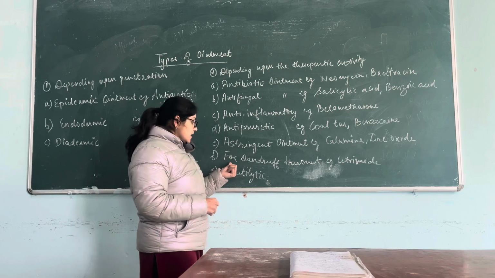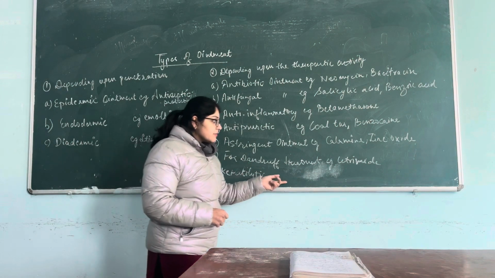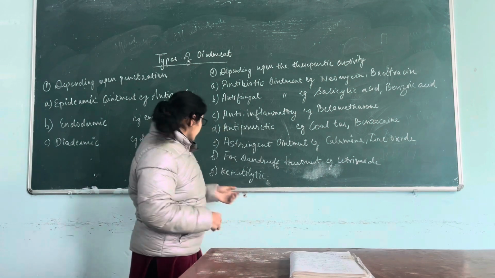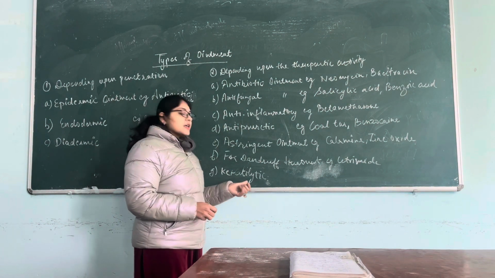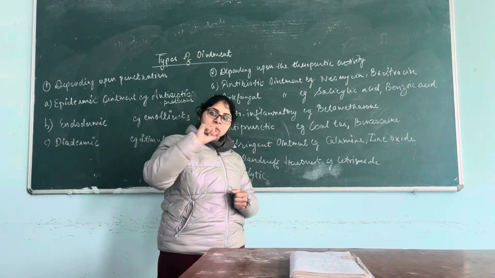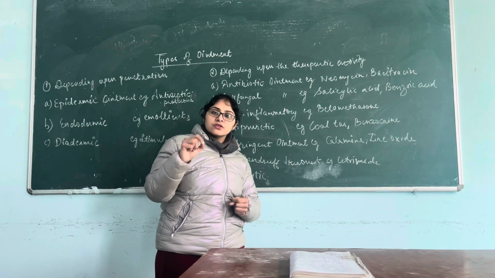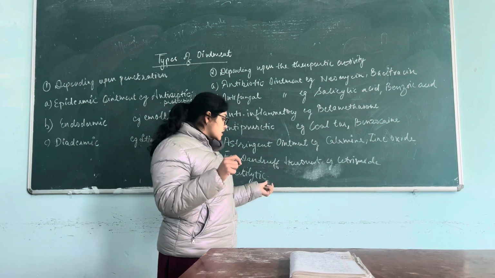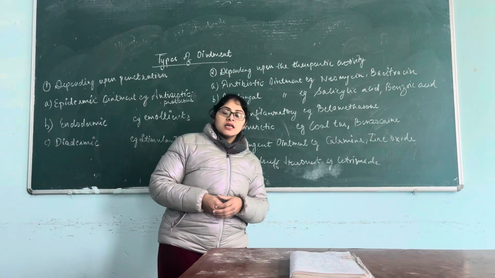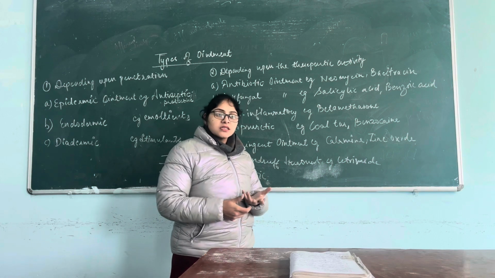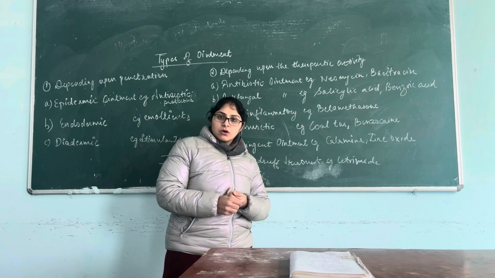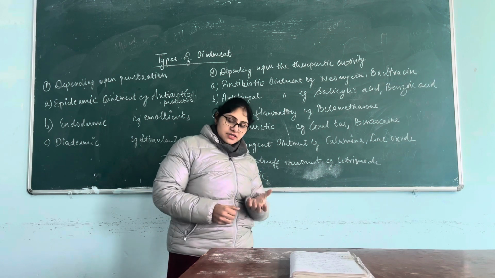Then they are also used for the dandruff treatment. Example is cetrimide to reduce the dandruff. Then keratolytics are to remove the horny scales or horny layers of the skin. So these are also used as keratolytic. Then there are other different purposes. Other examples are they also come in the anti-eczematic ointment which reduces the eczema also.